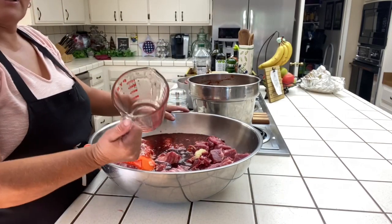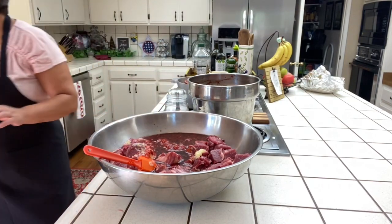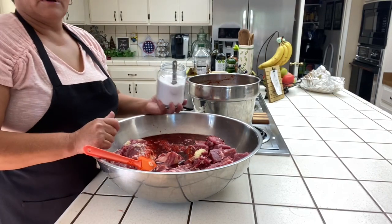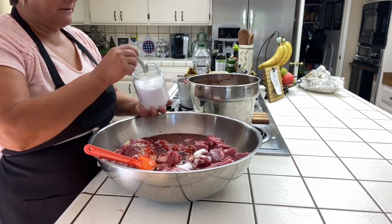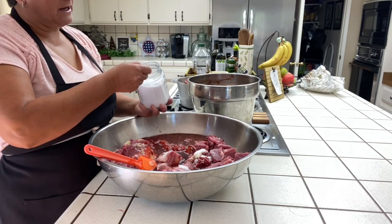and this is 2 cups of burgundy wine. I like the burgundy wine. And I don't think it's as sweet, and it does good. And then salt. I'm gonna put 5 teaspoons. There's a lot of meat in here,